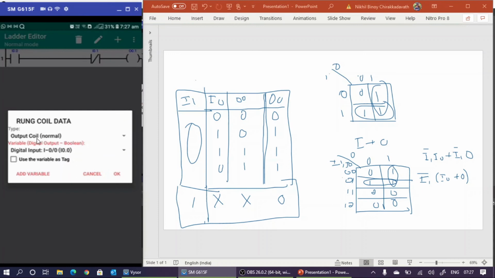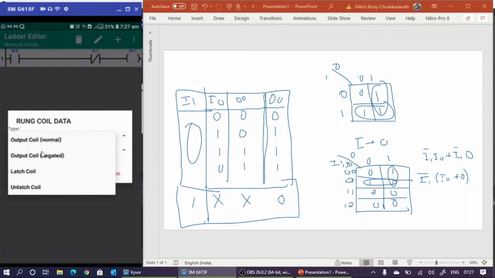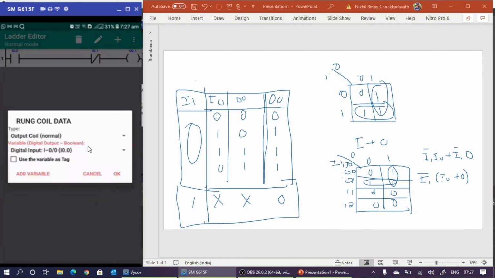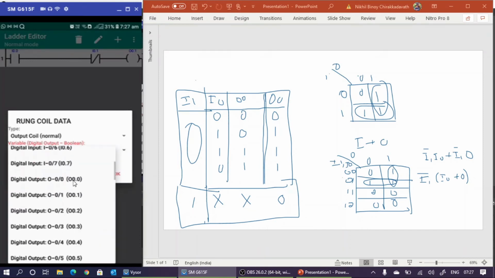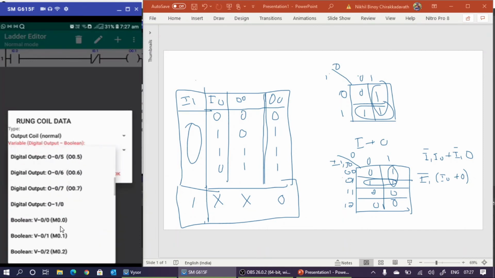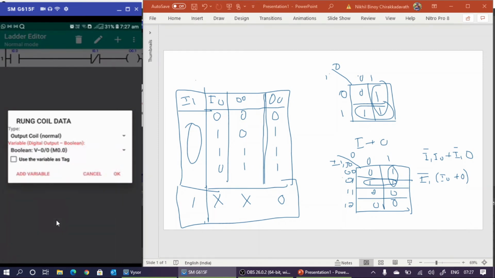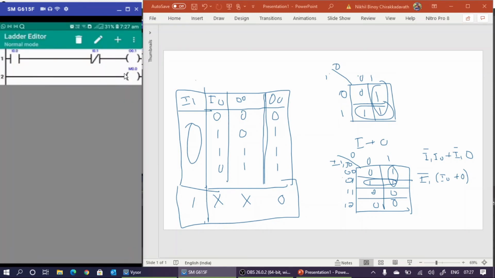So if you are adding a new run, you have to select this one as output coil. Now the digital input. So please select some boolean one. Otherwise that error it will show. So only output and boolean function it will accept. Once this one is added, you can add an input also.